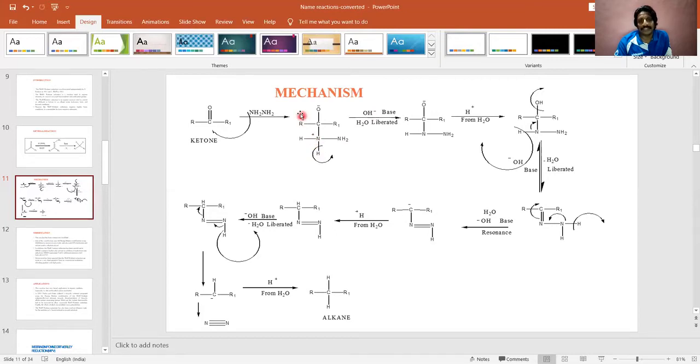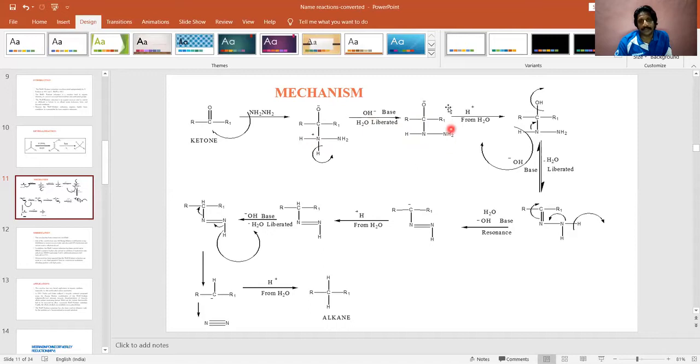Because this molecule is now unstable. Any organic molecule will try to attain stability by neutralizing the charge. This molecule is unstable because it has two charged species, O minus and N plus. So it will try to neutralize the charge. For that, base is helping it by a deprotonation reaction. Now the resulting compound again has an ionic existence only. Oxygen has one minus charge, but the charge on the nitrogen is neutralized because the OH is grabbing this proton and the pair of electrons over here will be moving on to the nitrogen.